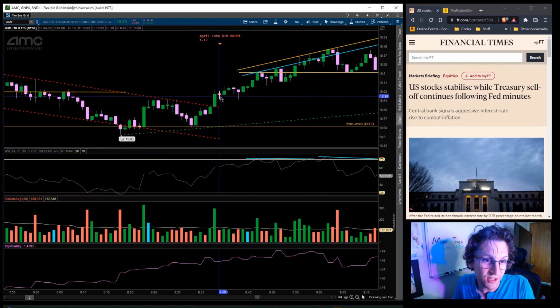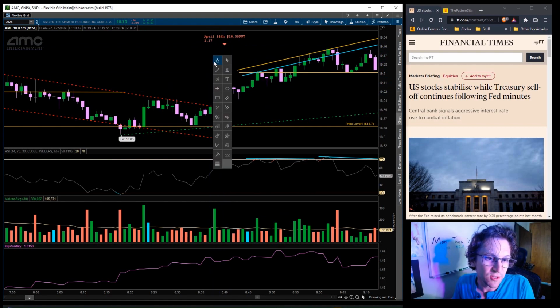And as soon as it did occur, and it was at this candle, see, I have this just a little over to one side. It should be right there. It was at that candle I said, you know what, I'm out of here. And so I took profits on my put.